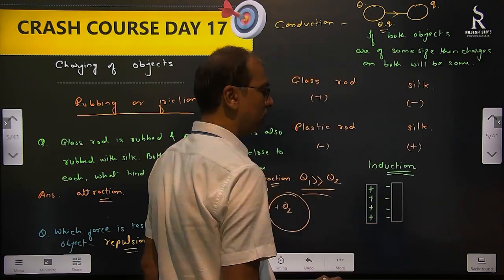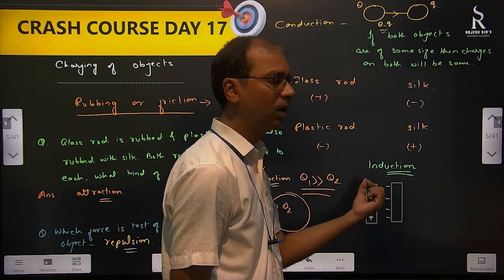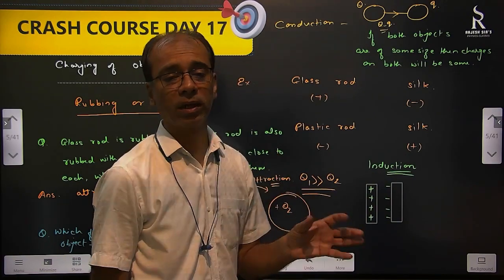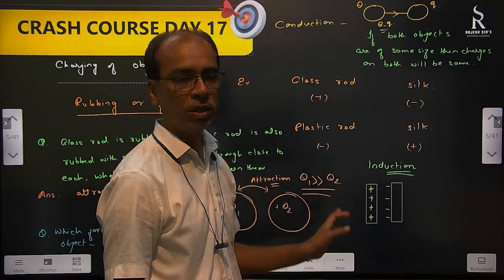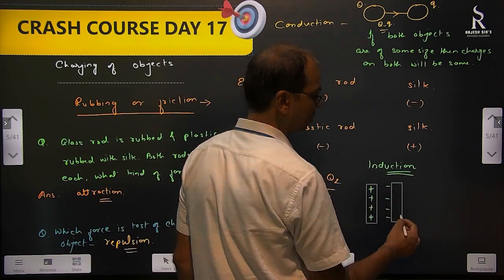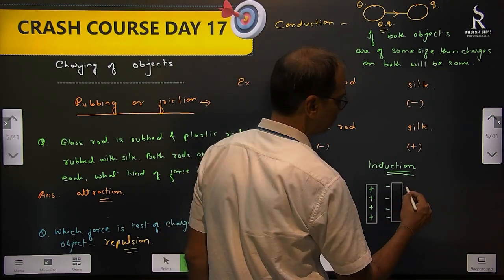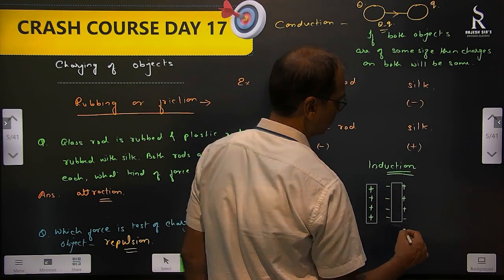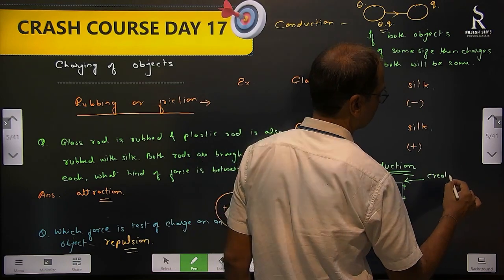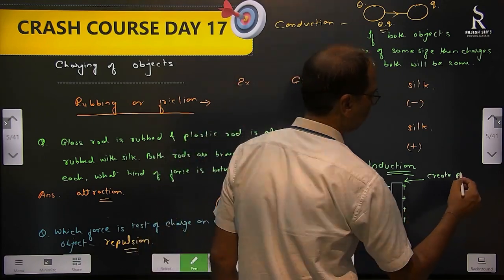So this is the reason why if a neutral body is brought closer to a charged object, because of induction, they start attracting each other. They attract. Okay, that's why attraction is not a sure test of two bodies being charged. So this becomes negative, and this side, the atoms there have lost electrons because their electrons have moved this side. So this becomes positive. Okay, so in induction, first thing we do is we create polarity, or polarization.